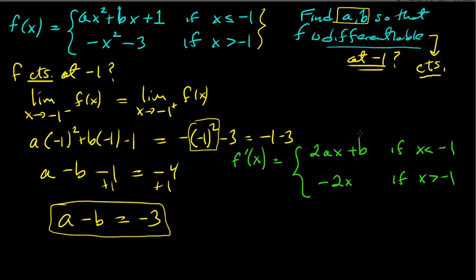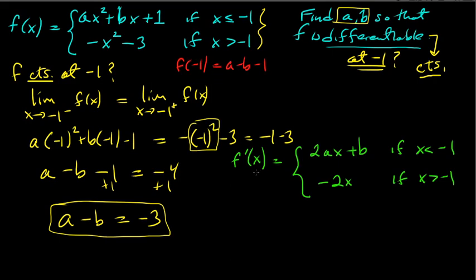Now, some of you might be thinking, wait a minute, wasn't this a less than or equal sign up here? So how did I go from that to just strictly less than? Why didn't I put in an equal sign here? That has to do with the fact that this is the derivative, not the original function. The original function was defined at negative 1. So in other words, we could have evaluated